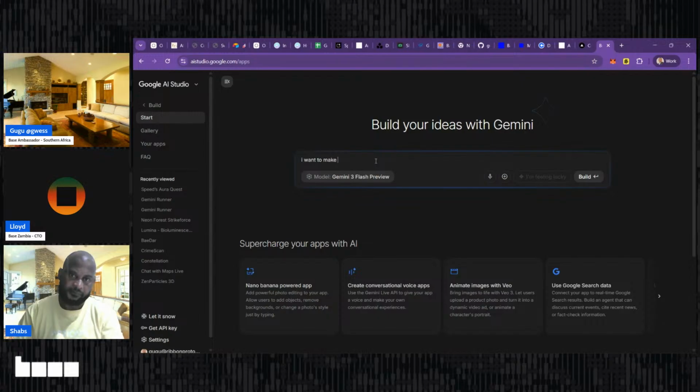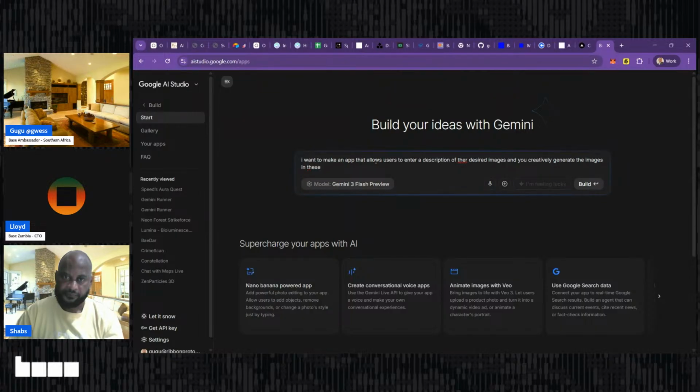want to make an app that allows users to enter a description of their desired images, and you creatively generate the images in the file sizes. Okay. What else am I missing here? So I want to make an app that allows users to enter a description of their desired images, designs, and so